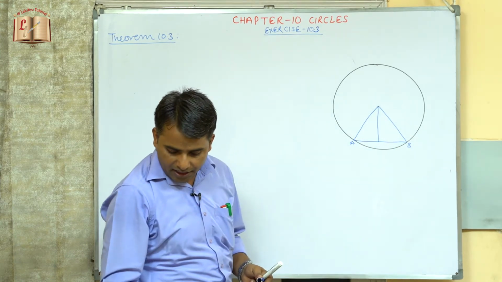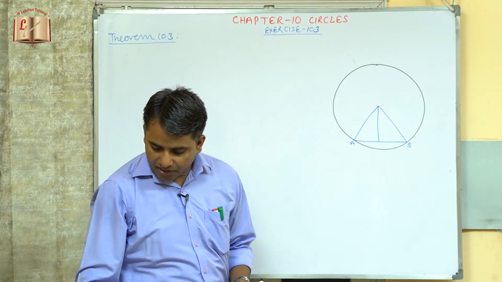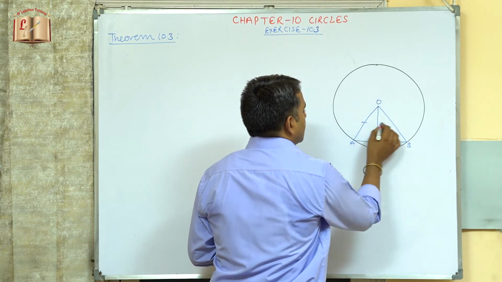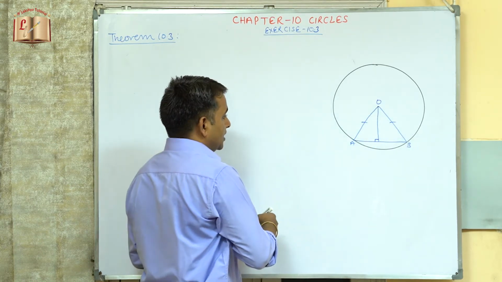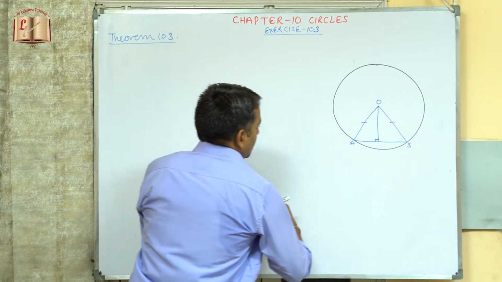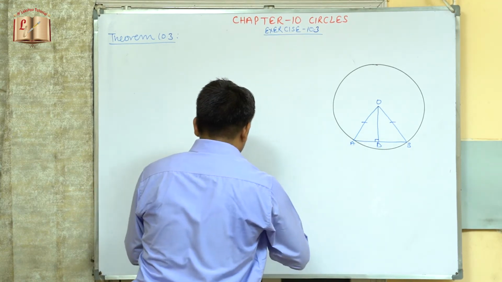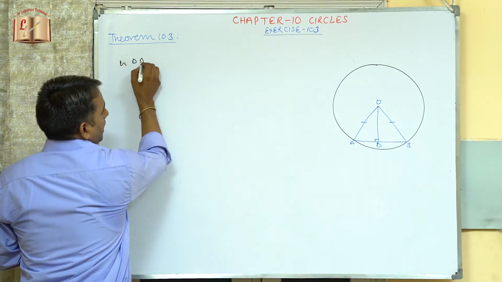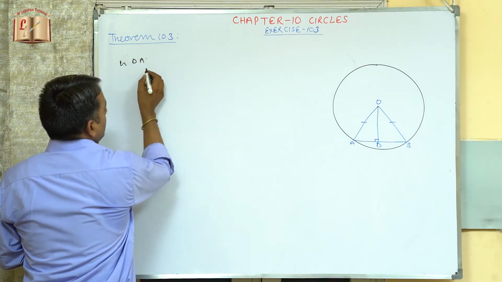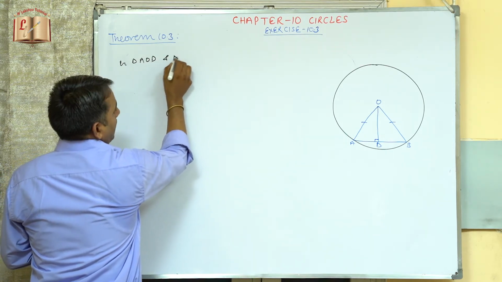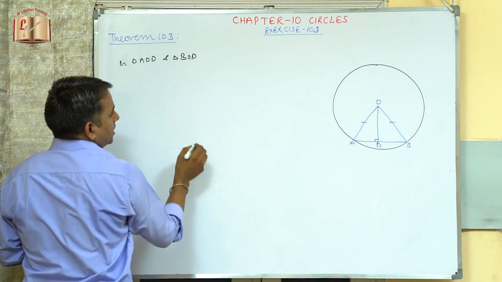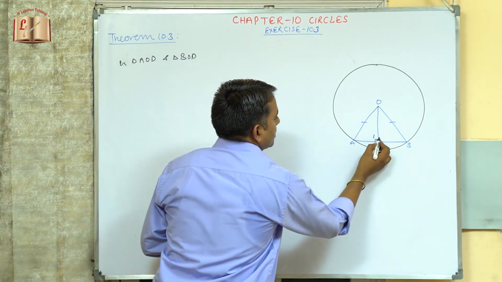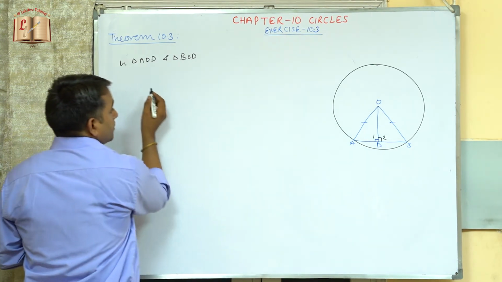Now it is given that the perpendicular from the center of the circle. So this is now perpendicular, and this side will be equal to this side, radius. Now in this triangle, this point we can take up as point D. So in triangle AOD and triangle BOD, these are perpendicular, so this is 1, this is 2.